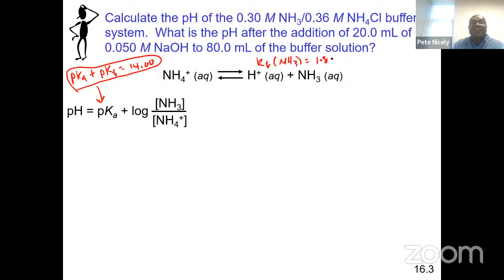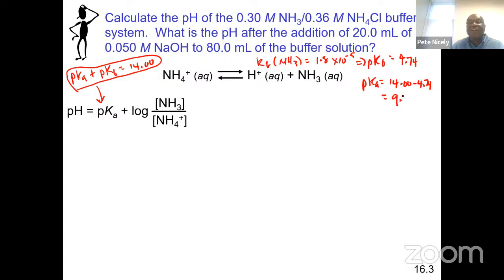1.8 times 10 to the minus 5, which means that pKb is equal to the minus log of that. Let me see what that gives. So minus log of 1.8 times 10 to the minus 5 gives you 4.74. So let me write that down here, 4.74. And therefore, pKa would be equal to 14.00 minus 4.74. And that would be equal to